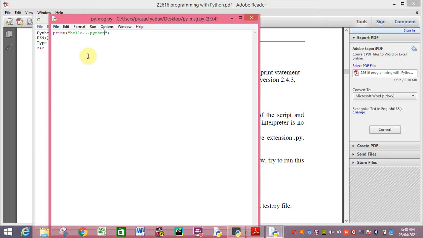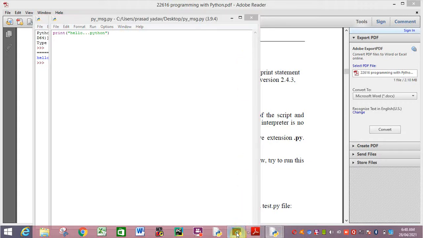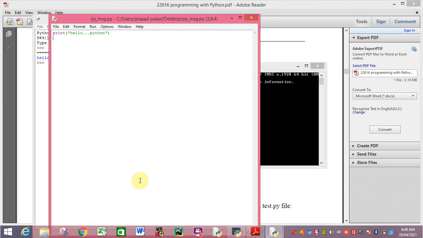To run this script you need to go to Run Module, or you can press the shortcut key F5. Immediately it will give the result, and here it shows your program path where you saved the py_message.py file. This is interactive mode and this is script mode.